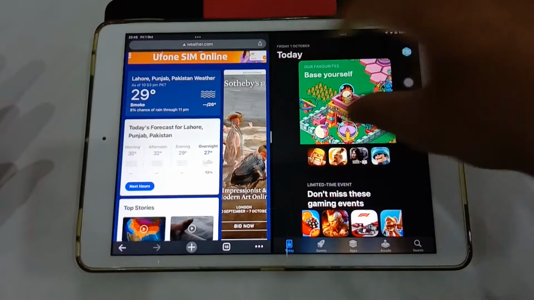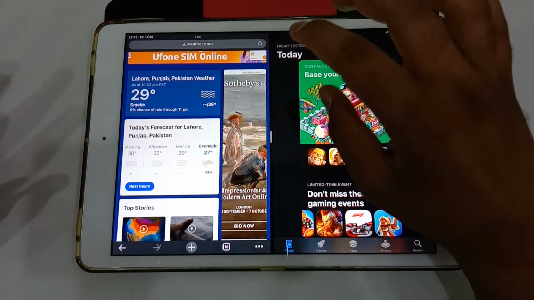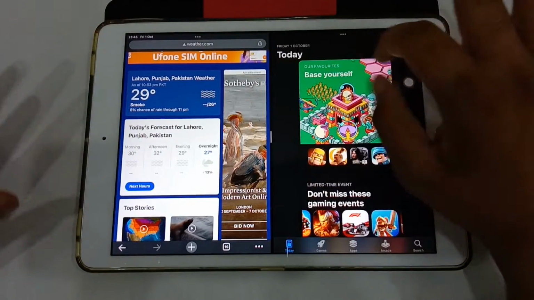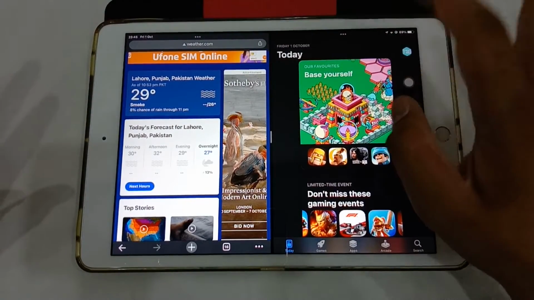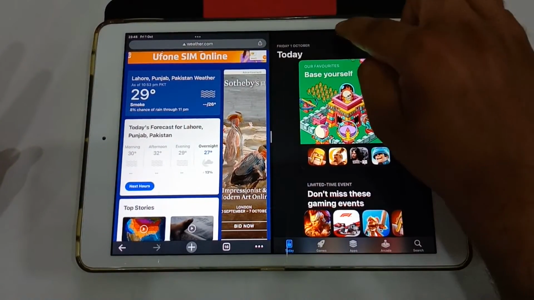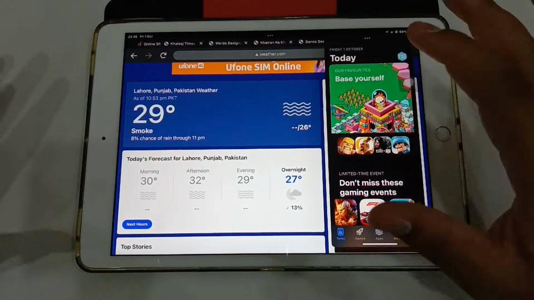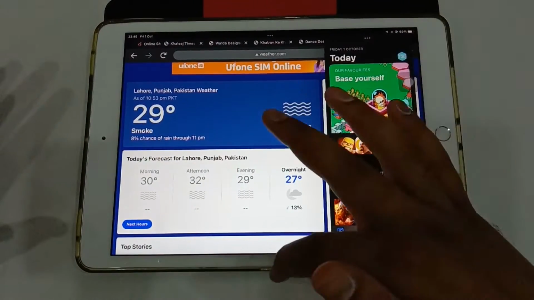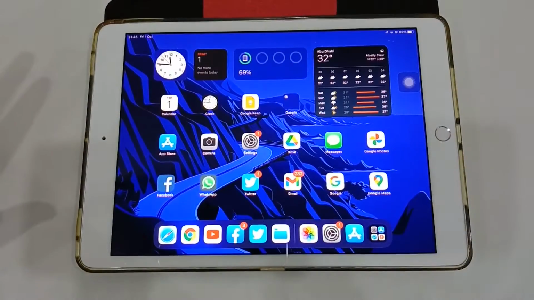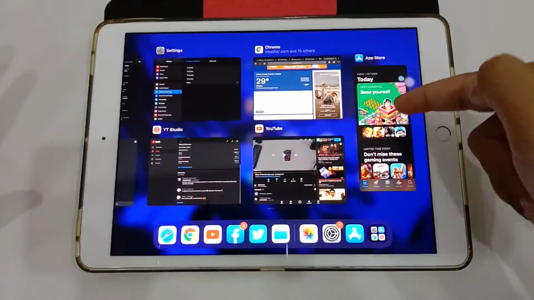Even this layout stays in the RAM, and both of these apps are running in the background. None of these are closed, and both open in the same way you closed them. This is the only mode that stays in the app switcher. This was the original multitasking available on the iPads, I think. When I go to the home screen, that app moves to the side and shows here like a separate app.